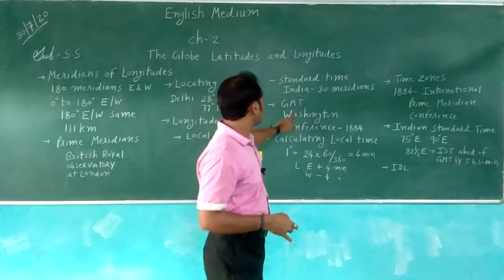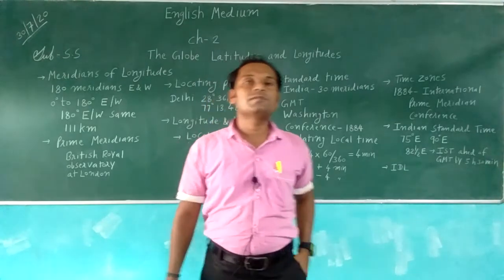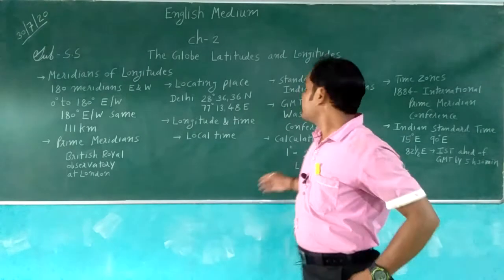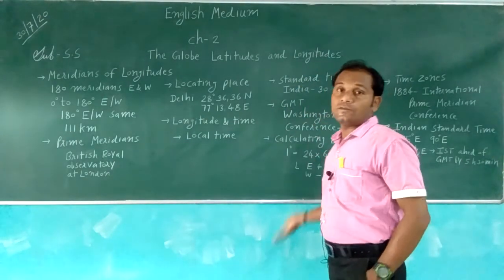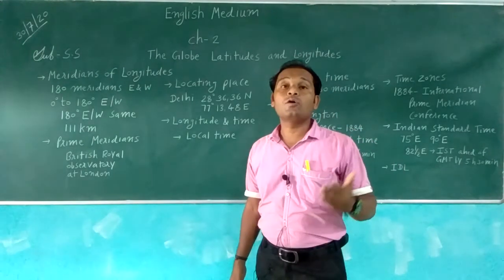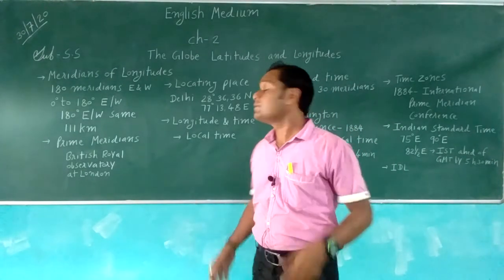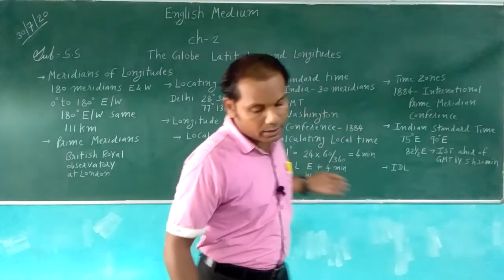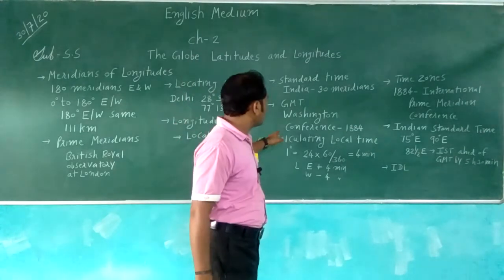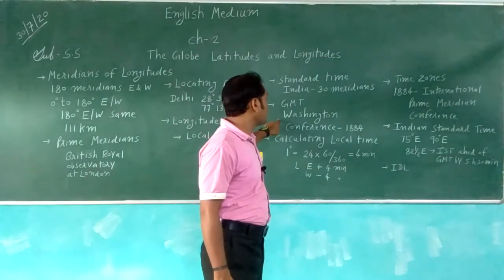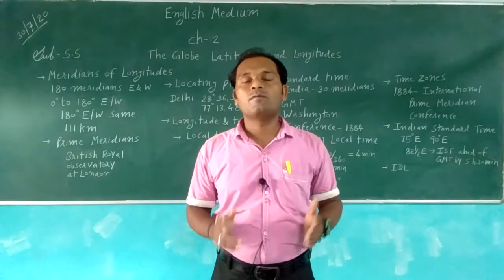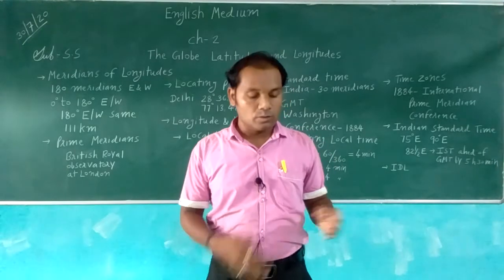GMT, Greenwich Meridian Time. Greenwich Meridian Time is the standard unit of time. It is the time at Greenwich village in London. The time was adopted by the whole world. It was decided at the Washington conference in 1884 that a standard unit of time would be adopted, called